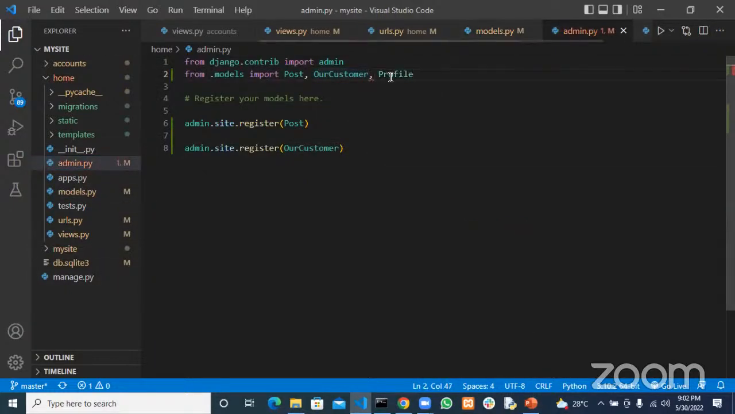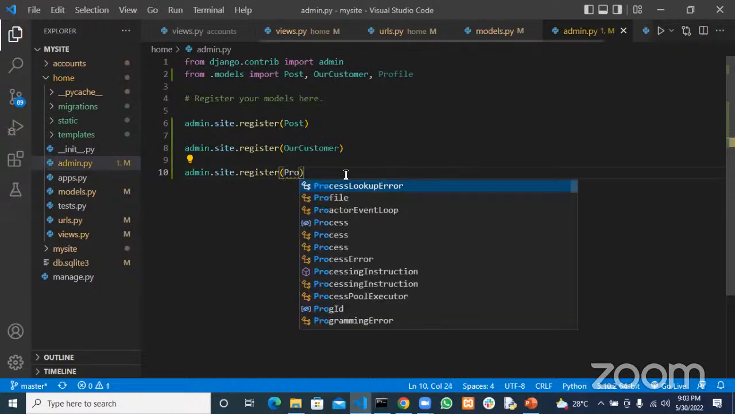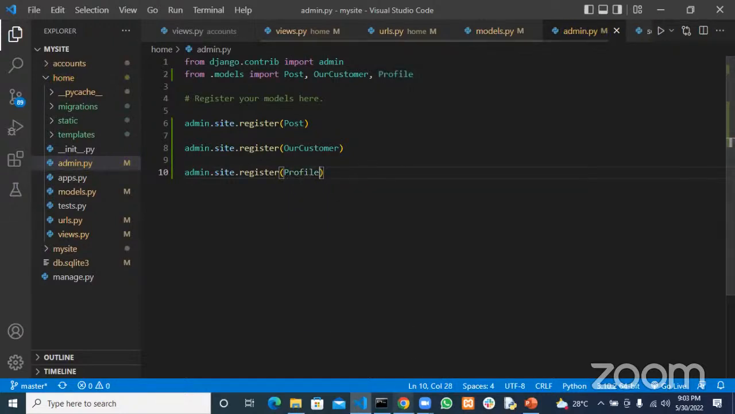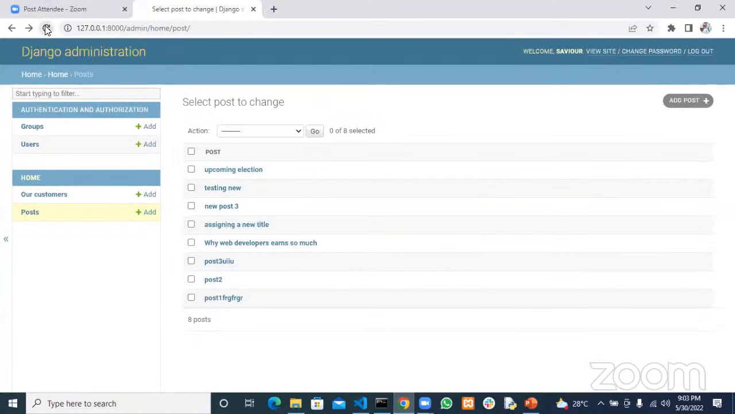So I'll just import them there. I'll copy this one, bring it down, paste it, and then register it, so we see it in our admin page. I'll just do Profile. So I'm registering Profile. If I come here now and refresh this,